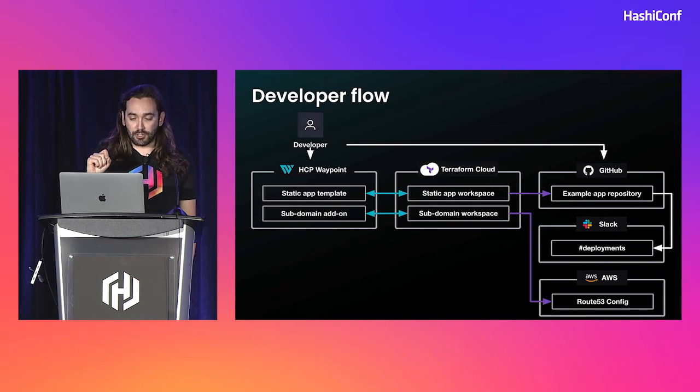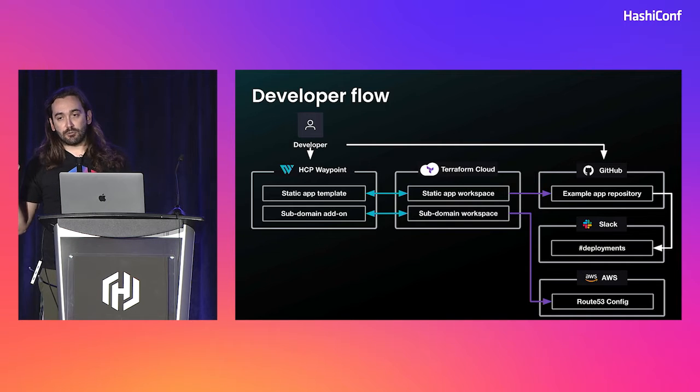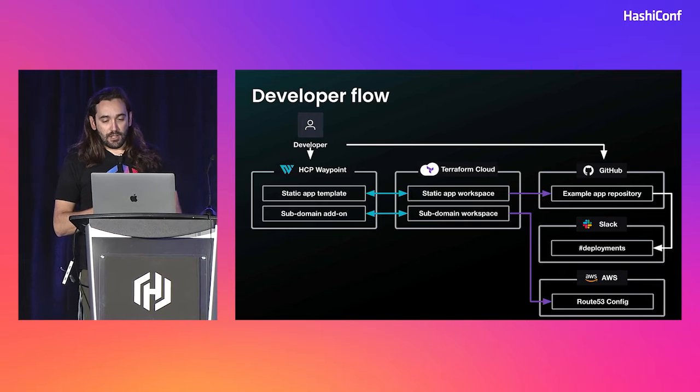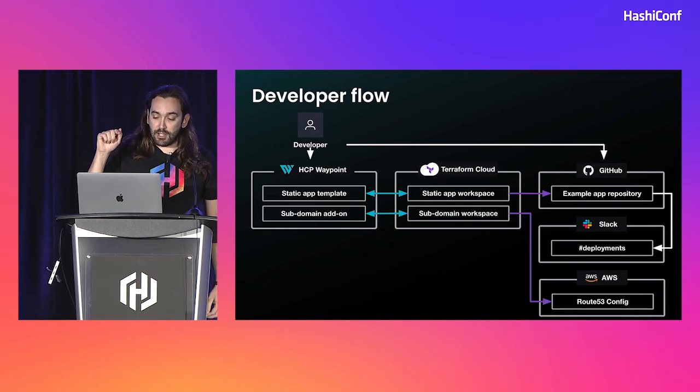For our static app workspace, you can see that it does interact with GitHub, and that's what's copying our example app repository code from the template repository into the new one that will be created for the developer. Similar workflow for the subdomain add-on there. It will interact with Terraform Cloud, create the workspace, execute the module code, but it will also create a Route 53